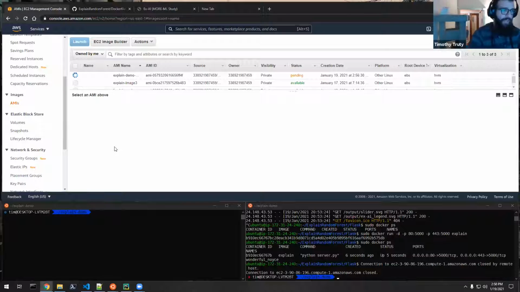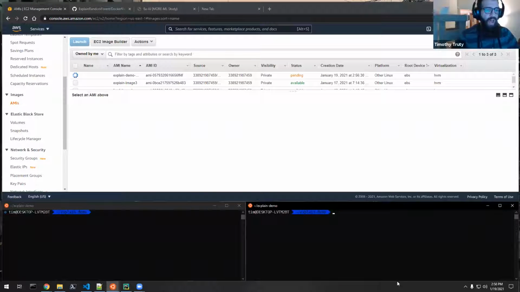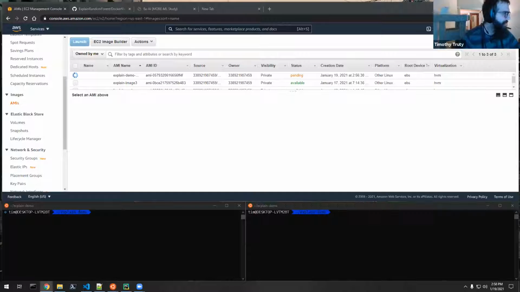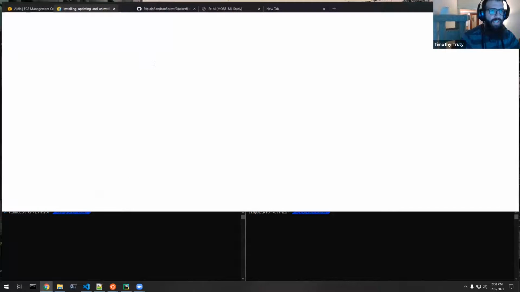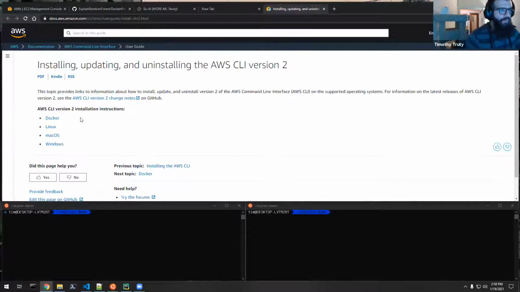Okay. So while that's spinning up, the next thing we're going to do is get you into your CLI. I have the AWS CLI already installed here, but in my notes, I provided this link for how to install the AWS CLI. What's pretty awesome is you can install it on your Docker image, so you can use the AWS CLI in your Docker instance that you're running on AWS, which kind of gets into